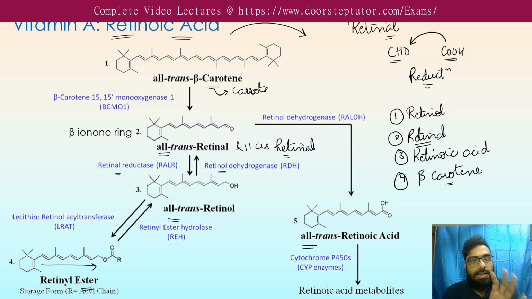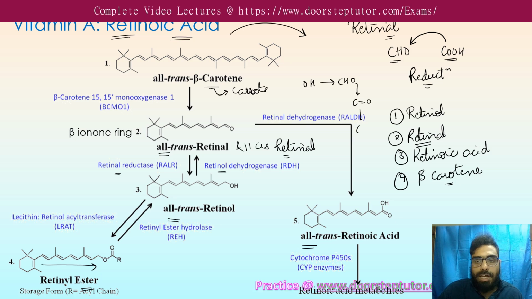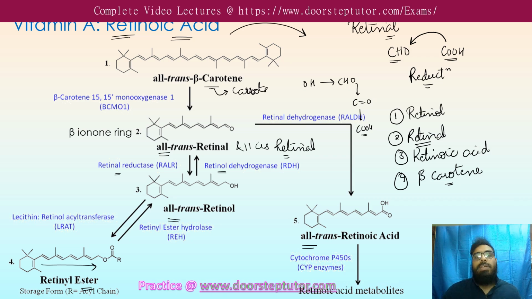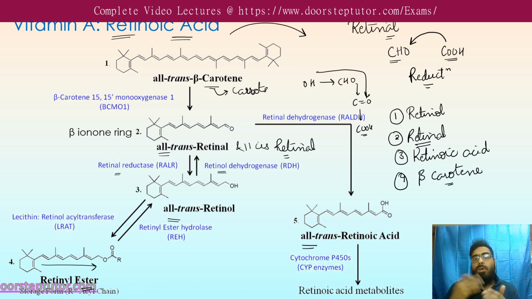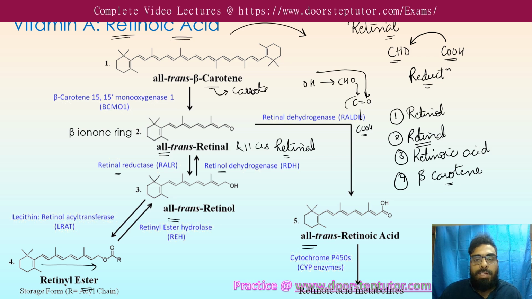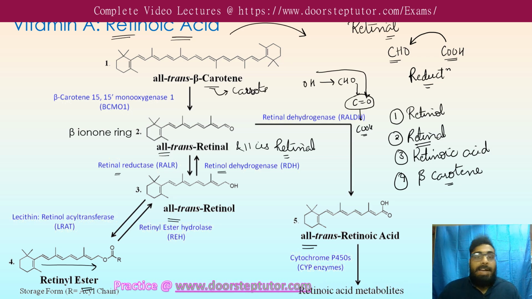We have learned again and again that if you want to go from alcohol to aldehyde, then aldehyde can go to ketones, and ketones can be converted into carboxylic acid. That means a chain of oxidation reactions is taking place. But if the oxidation is quite strong, then aldehydes can directly be converted into carboxylic acid without going through the ketone phase. So retinal, that means the CHO group, if you further oxidize it with the help of